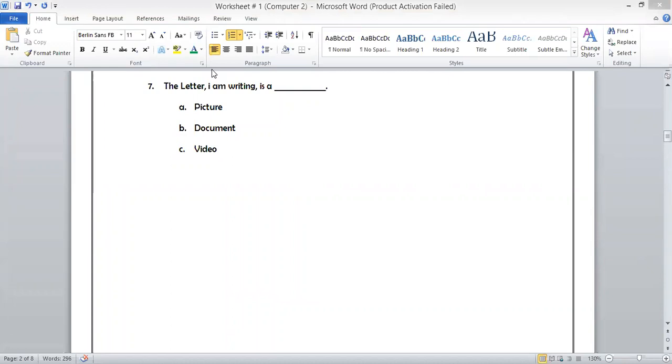Is it a picture, a document, or a video? For example, right now you see my screen, I have opened Microsoft Word. So is the page you are seeing, the worksheet we are solving, a picture, a document, or a video? What do you think?